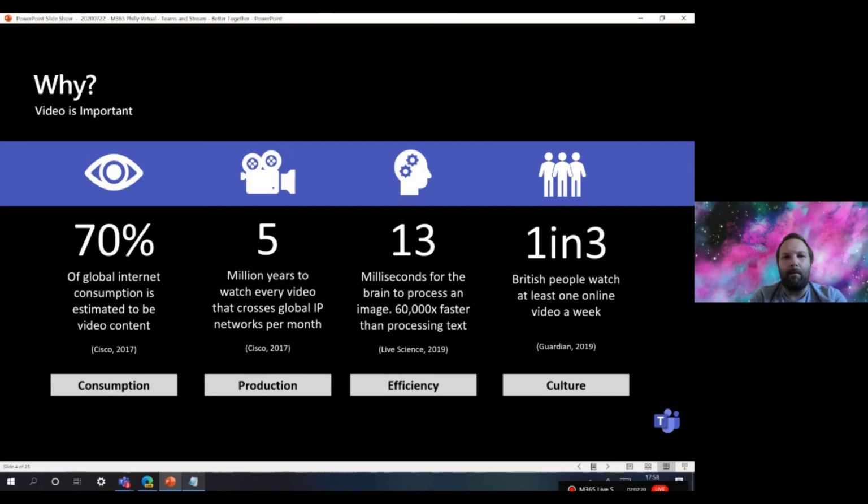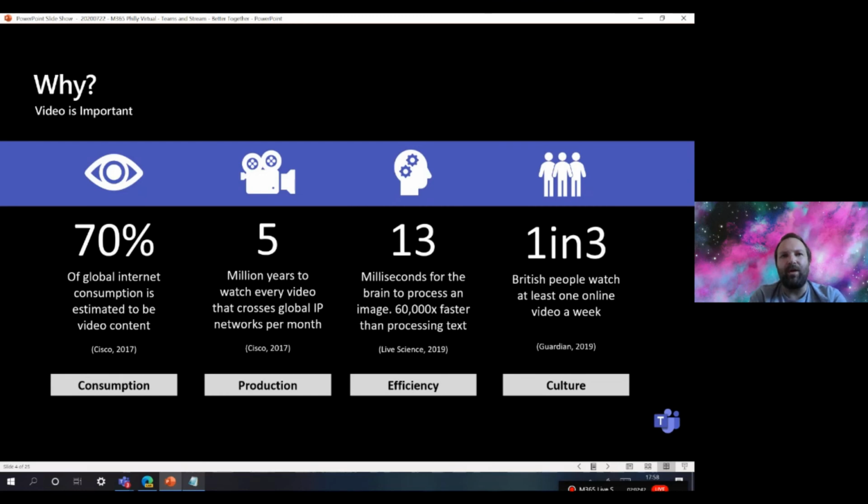That's a huge amount that people are consuming, and a big reason why people go online, to be able to consume content through video. It's a very accessible and enjoyable medium to be able to transmit data, transmit our ideas, transmit what we want to be able to say to people.